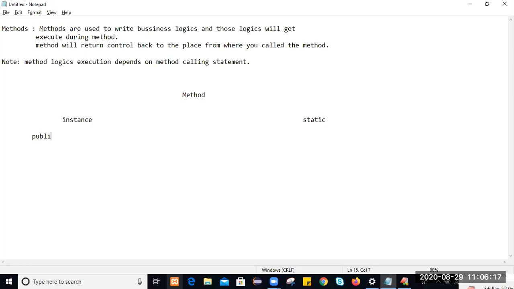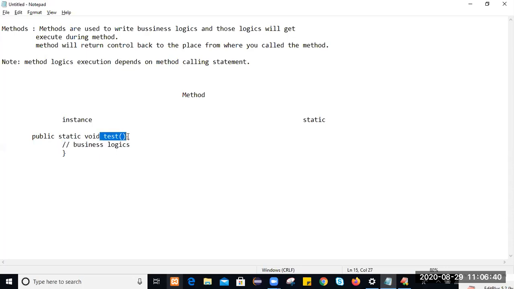We create a method in Java like this: public, then the static keyword, the return type of the method, and the method name. Within this area we'll write business logics. When will these business logics get executed?